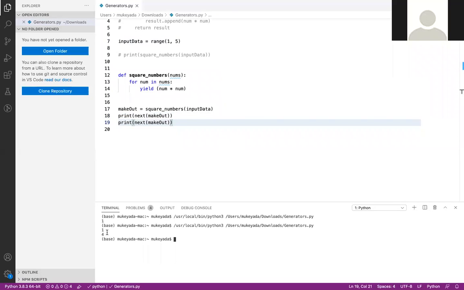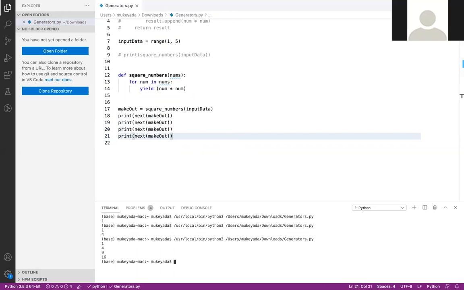The second time we got the next number. Do you see the beauty of these generators? At a time we are getting only one number from the list. Let me repeat this print statement and run it again.